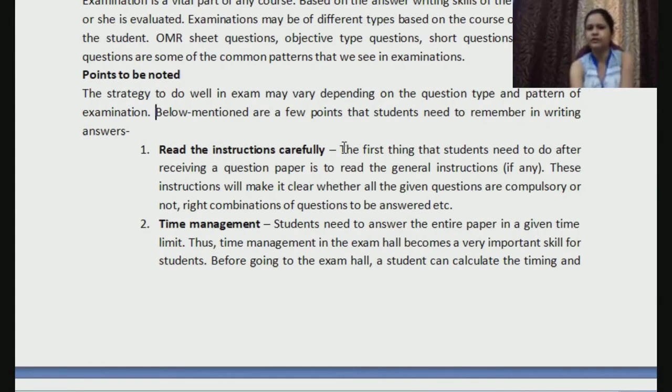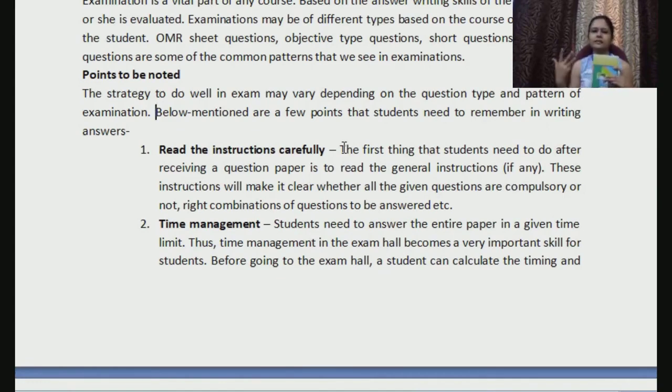First of all, read the instructions carefully. Like you already told, we would read the instructions. In your KSLU question paper, you would see first they write the examination name, year, then subject and everything. Then there will be some instructions given, that from 10-mark questions, you need to attempt 5 questions, and from 6-mark questions, you need to attempt any 5 questions. That is a general instruction given with regard to answering your question paper, right? So you need to read those instructions very carefully.